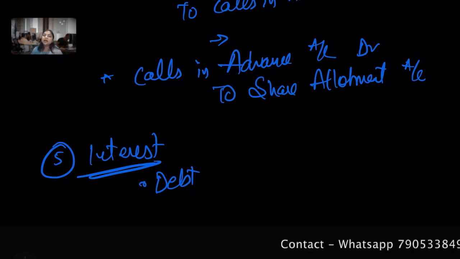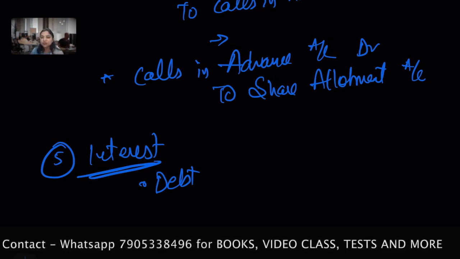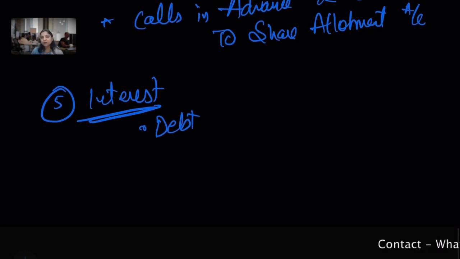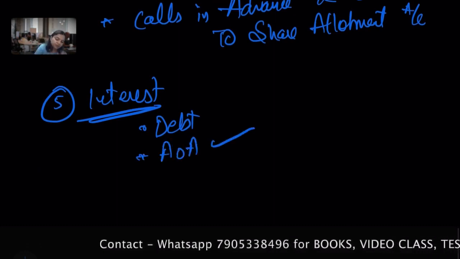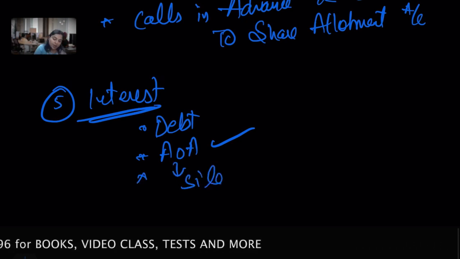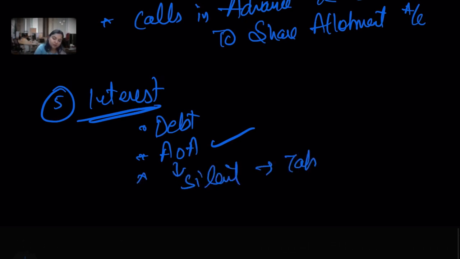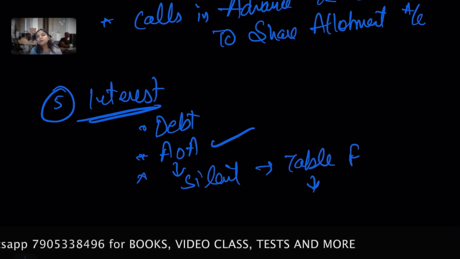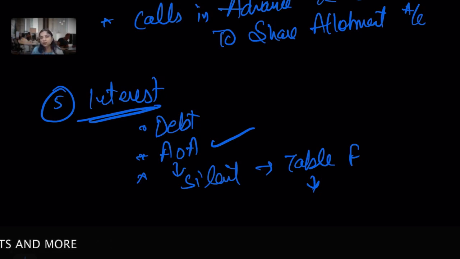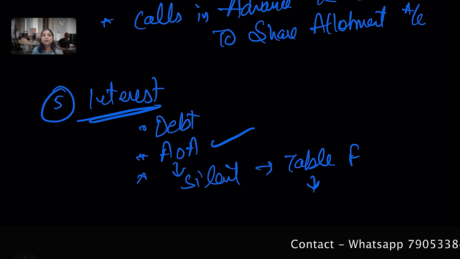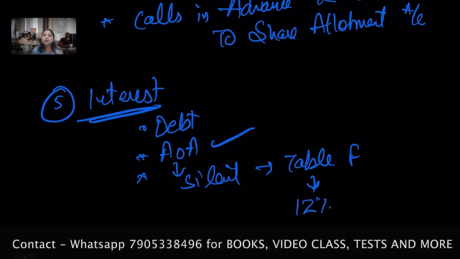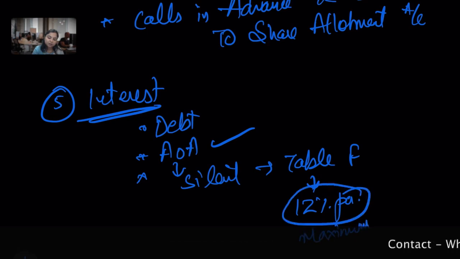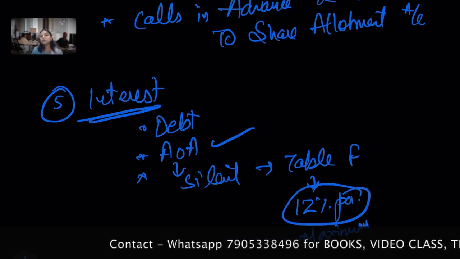And what if the article is silent? Table F of the Companies Act 2013 will be applicable, which leaves it completely to the board of directors to decide the rate of interest. First we will check the AOA, and what if the AOA is silent? We will look for Table F of the Companies Act 2013, and as per Table F, the matter is left to the board of directors, who have to decide the rate of interest, but that should not exceed 12% per annum. That is the maximum. A board may fix a rate lower than or equal to 12%.